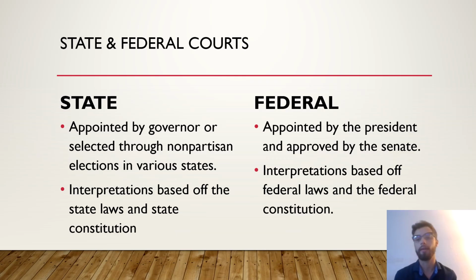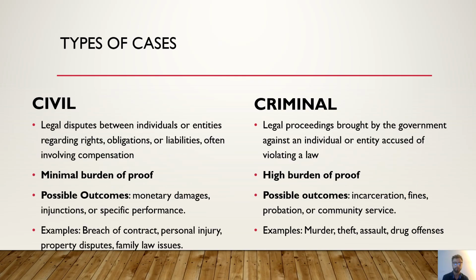So we also know that federal judges cannot interpret certain rulings based off of state laws or legislation. We do know that they have to exclusively rely on federal law and the federal constitution. And that is how you see their check on other branches. As I mentioned in previous lectures, remember, they determine the constitutionality of legislation. They will look at federal law and the federal constitution to determine if certain actions, procedures, or legislation, even in certain circumstances, is constitutional and aligns with the general interpretation of our guiding documents.